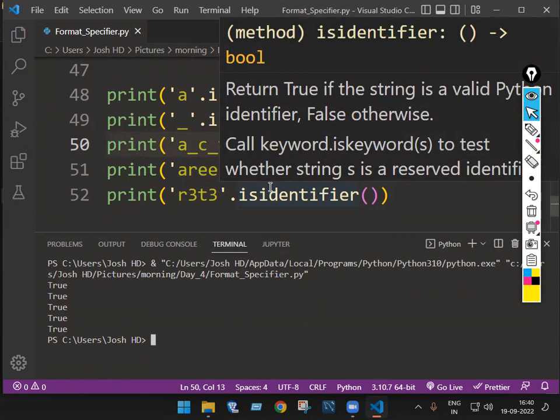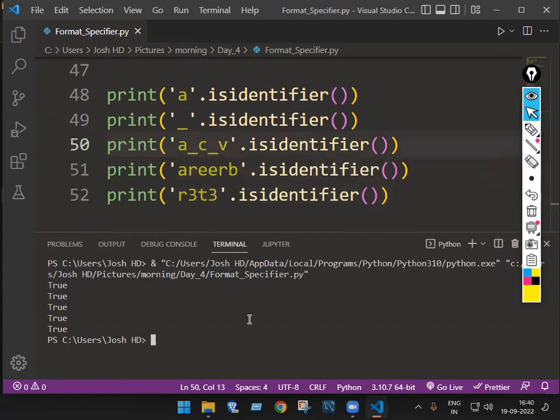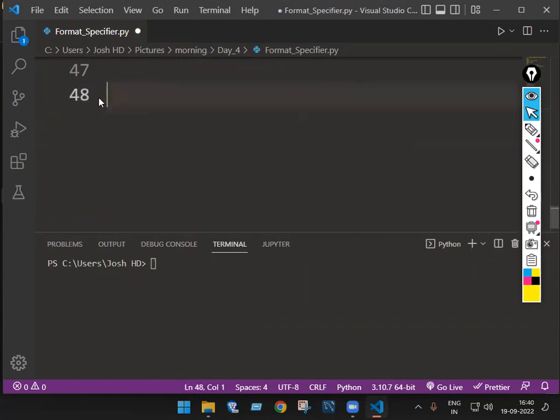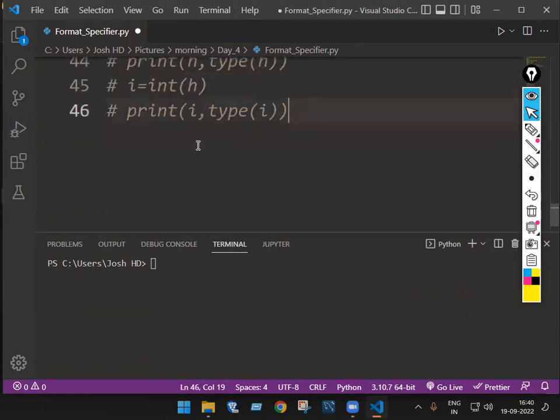So the rules and format specifier were covered. Okay. Any doubt till here? Let me know once. Okay. I'm stopping here. Let me know any